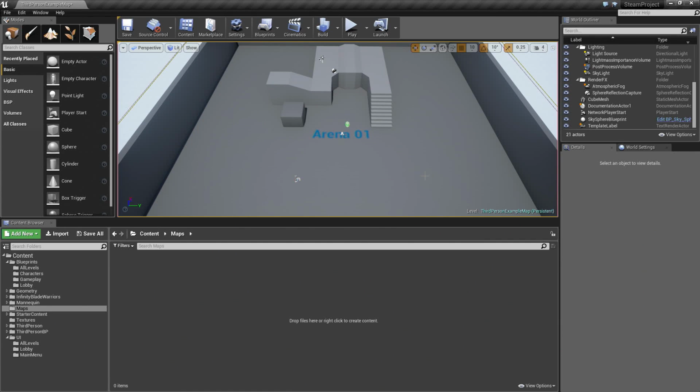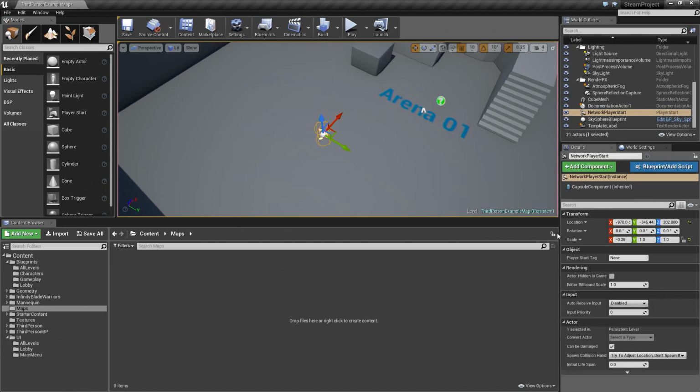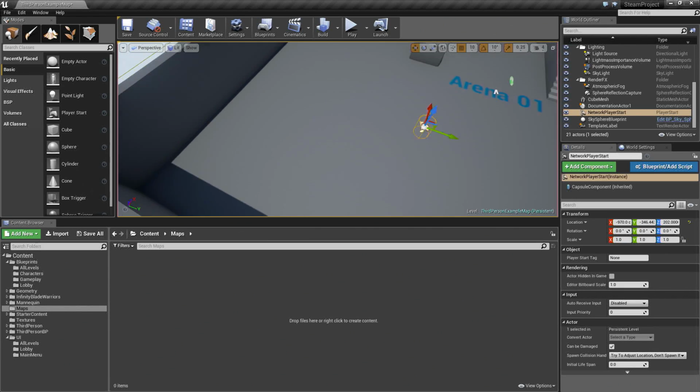So I'm going to delete that as well. We don't need that character. We do need to make some adjustments to the player start. If I select it, I notice that this particular template scale for this player start is not one scale. I don't know why this is set to -0.25, but if we were to use this, our characters would spawn in all skewed. So we're going to fix that and change that back to 1, like so.